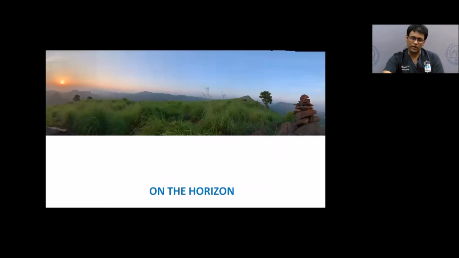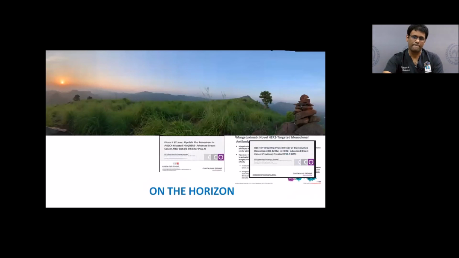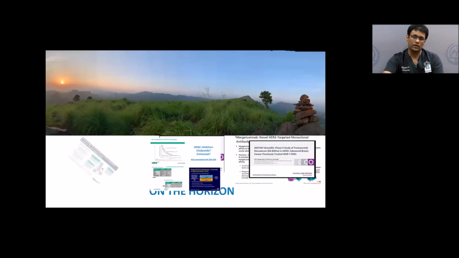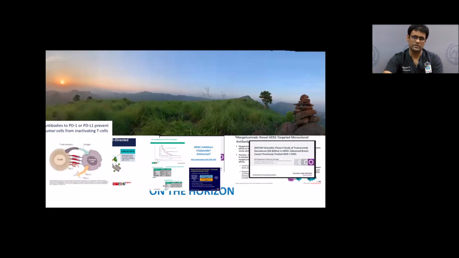And so now we look forward to many more drugs that come. Each group of this heterogeneous group of populations has new drugs coming up, which potentially can impact them. We have many new novel HER2 targeted therapies which are coming in. We have many novel targeted agents which are available. We also have many new antibody drug conjugates which are also coming in, which are being used with very exciting effects in all the trials that we have seen so far.